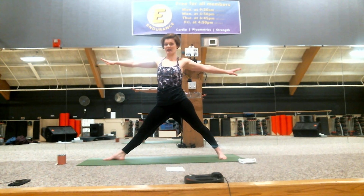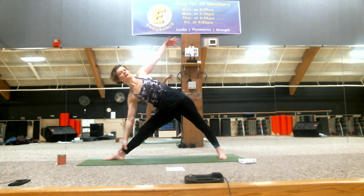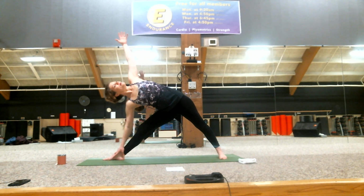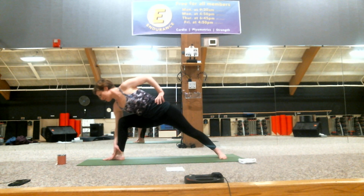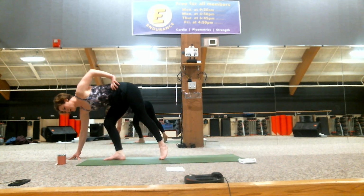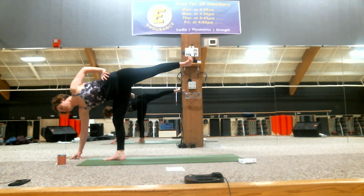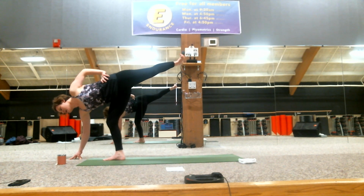We're going to repeat that triangle, but stay wide in the legs this time. Take that top hand to the top hip and just look down. I'm going to bend into that front knee. Step the back foot in halfway and set up for Ardha Chandrasana. Fingertips to the floor, grounding down into that right leg, and making the left leg, the flying leg, just as